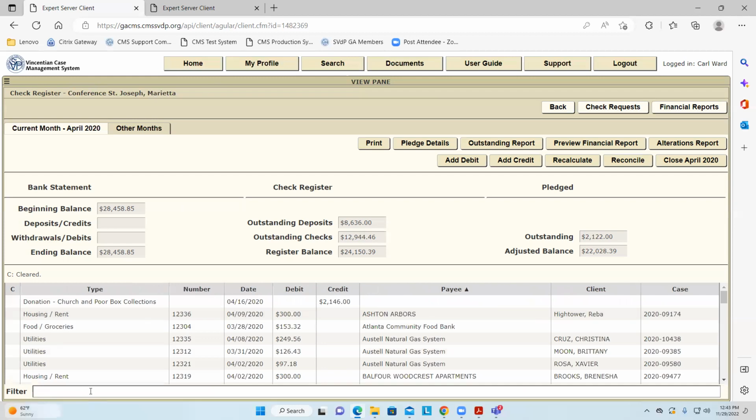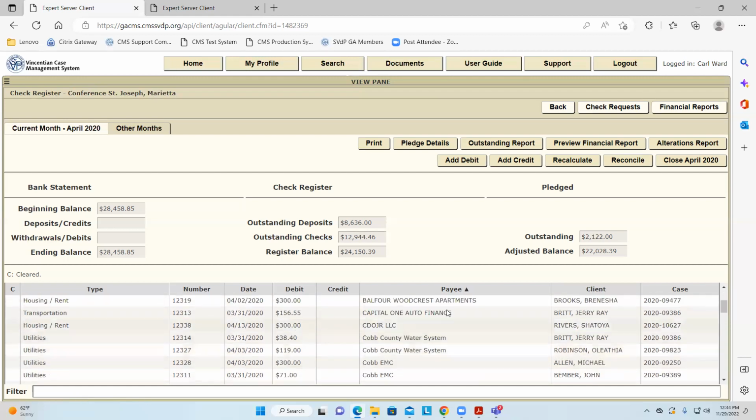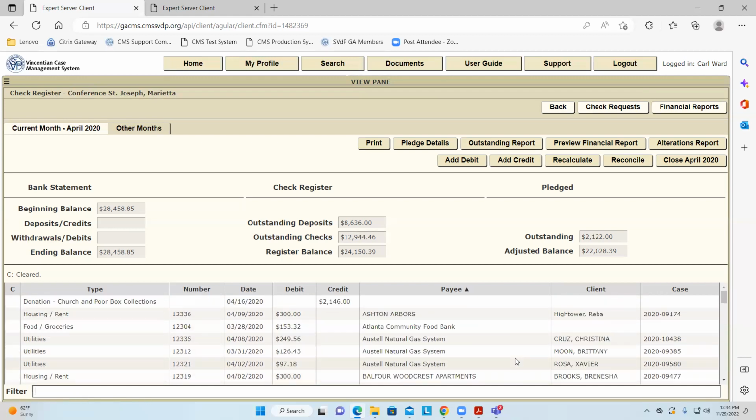It's kind of hidden way down here, and that's why treasurers kind of blow by it. But there are times when you get asked questions about a specific check number, about a client that's in the check register, and you could easily get to it by doing a search rather than just doing this or sorting it or whatever you decide to do.